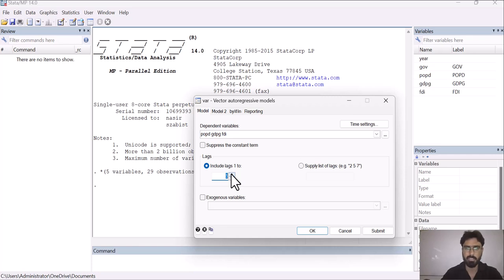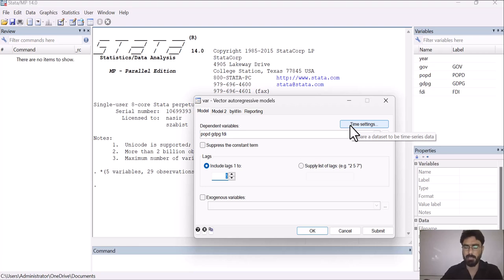We are assuming that these criteria tell us to take 5 lags in the model, as this will give the best result. So I am going with 5 lags.